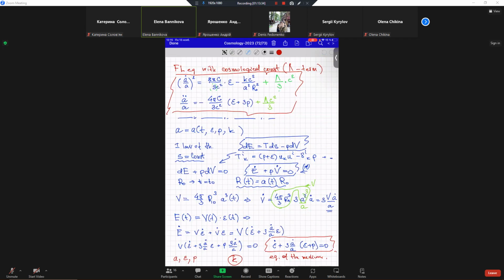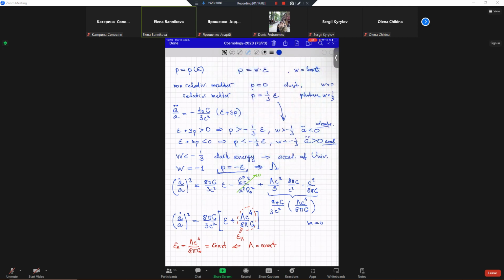Look at this equation: since epsilon point, the derivative, equals 0, because epsilon lambda equals constant,